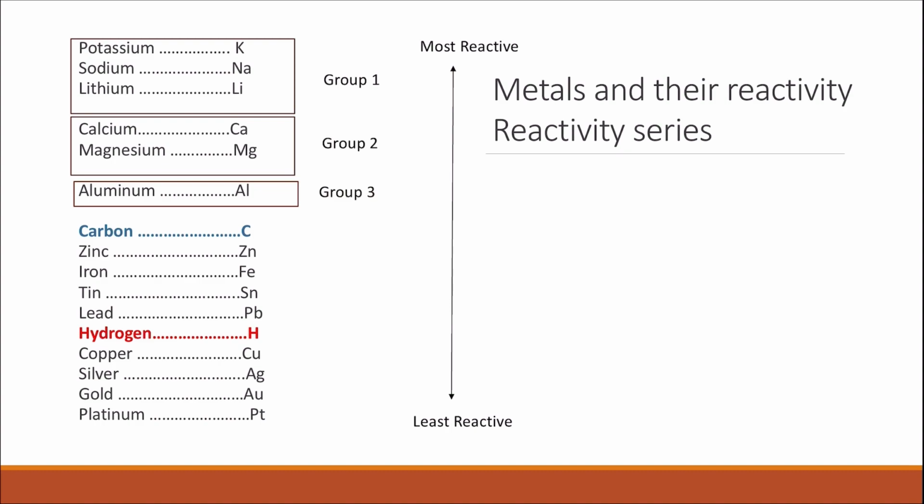The elements which are less reactive than carbon, you're going to find some of them are group 4 elements like tin and lead, and some of them are transition metals like iron, copper, silver, gold, and platinum. Another thing we need to notice are the elements which are less reactive than hydrogen. These will include copper, silver, gold, and platinum. So basically try to remember that these metals are mainly used in making jewelry. So these are the least reactive ones, less reactive than hydrogen. Probably the middle ones, then